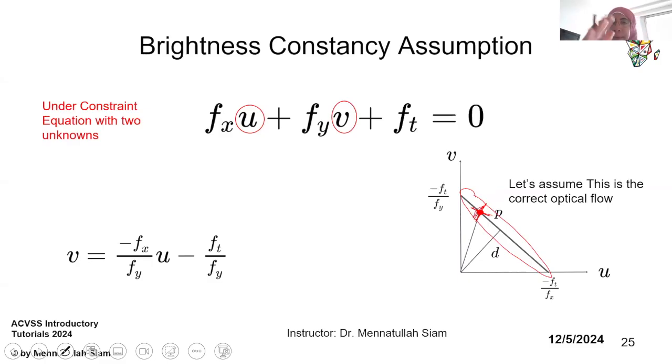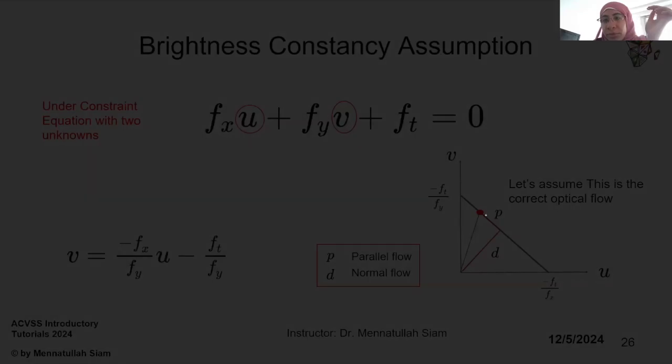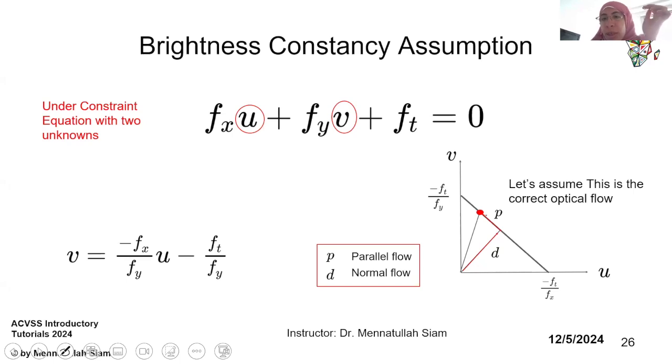can be divided into the D and the P. The D is what we call the normal flow, and the P is what we call the parallel flow. So this is one solution. Because I only have one equation and two unknowns, I can have multiple solutions because it's under constraint. Another solution can be here. Another solution can be here. All of these are solutions to this equation that will all make it equal to 0 and all follow